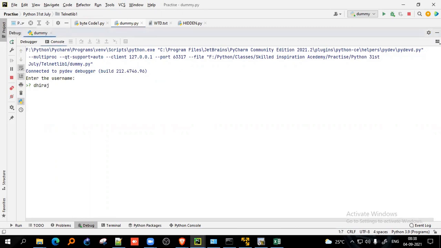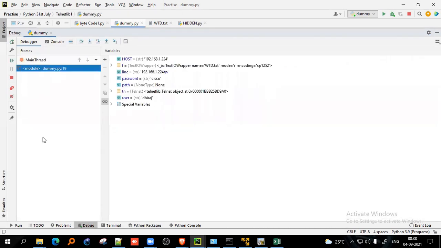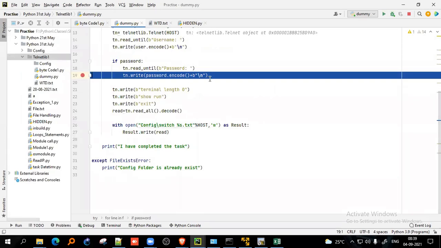Let's put Dheeraj. Okay. Now there is something missing over here. The password is Cisco, the path is NoneType, meaning it is taking the password and this thing. Now it means we are good until this point.